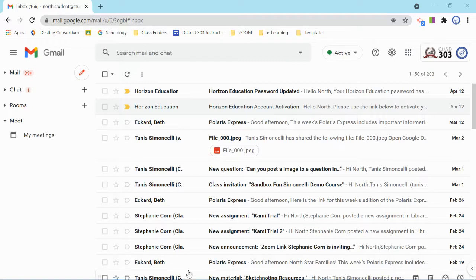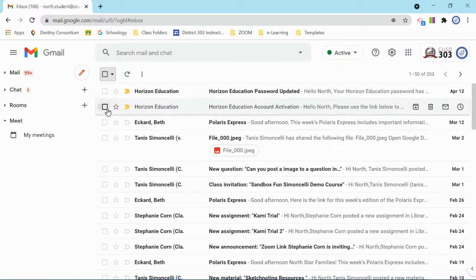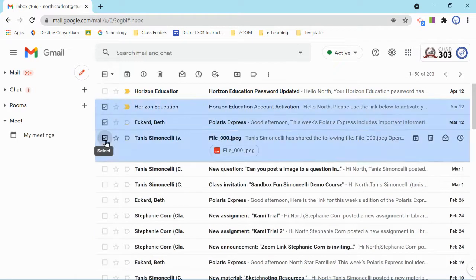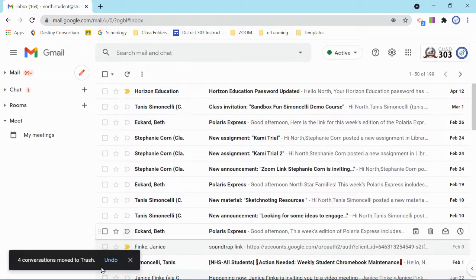So you can delete all of your emails by clicking up here in this box and then selecting all conversations in your inbox and hitting the delete button. The other way that you can do it is by clicking outside of that box, and you can click on individual emails that you would like to delete and use the trash can to delete. Keep in mind that when you put them into the trash, you can also undo if you accidentally delete something,